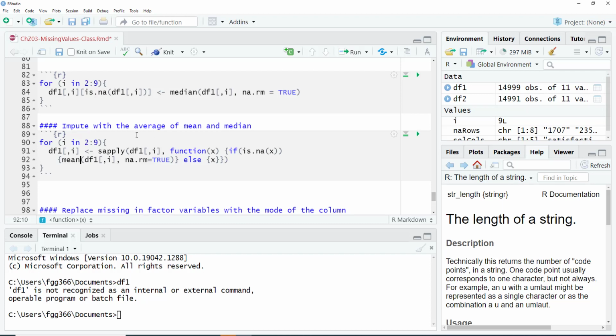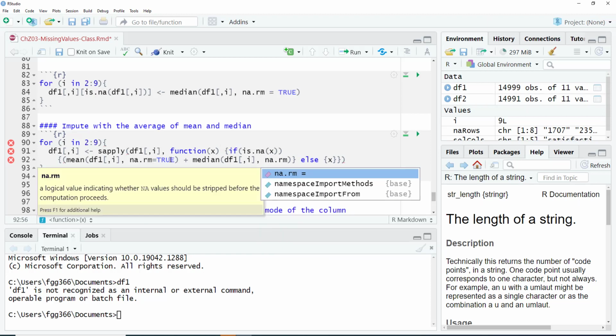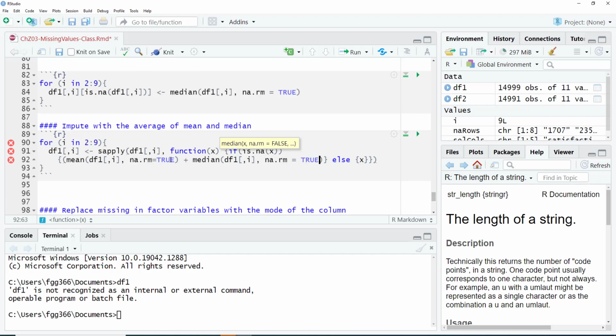But if you want something else, like the average of the mean and the median, then if x is NA, if it is missing, since this is a function that you are setting up, you can put anything you want. So mean plus median of df1[, i], and once again you should say na.rm equal to TRUE.